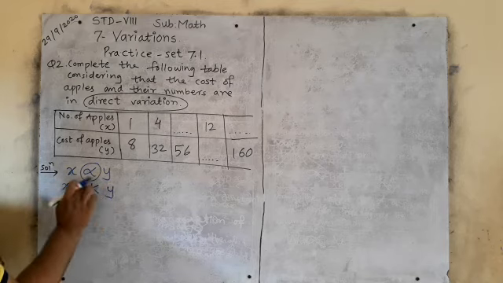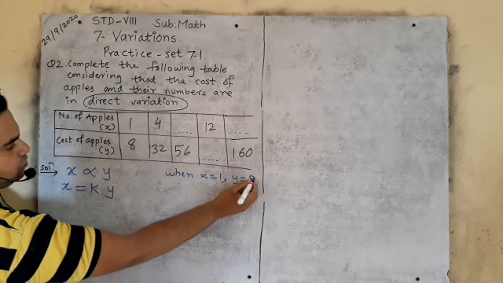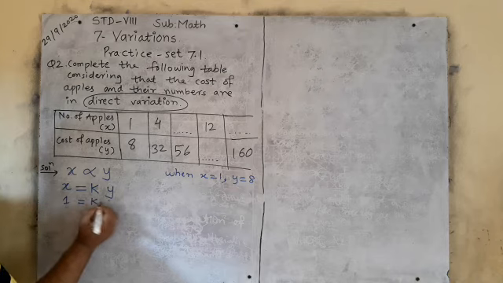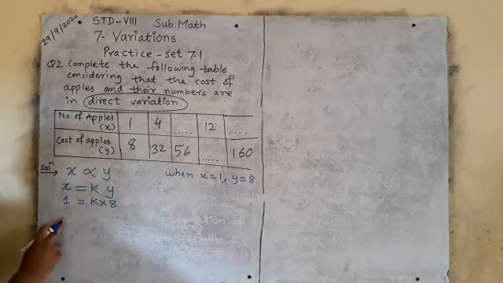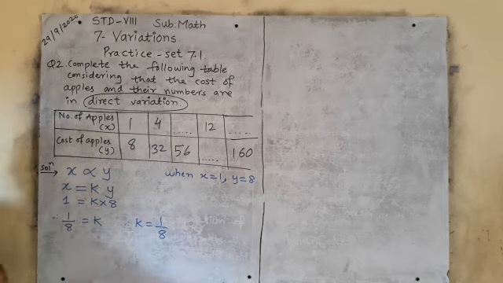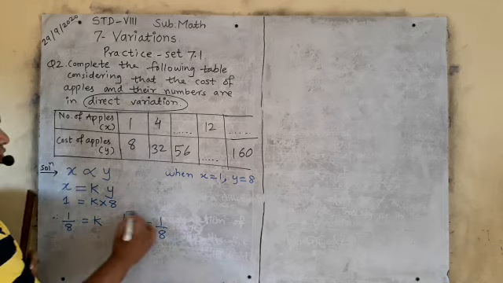Okay. So now put the X value over here: when X is equals to 1 and Y is equals to 8. Now put this value over here: 1 is equals to K times Y. K and Y are having multiplication, that is 8. Now this 8 will come here, yes or no? So your answer will be 1 upon 8 is equals to K. So now you will write it correct. K is equals to 1 upon 8.